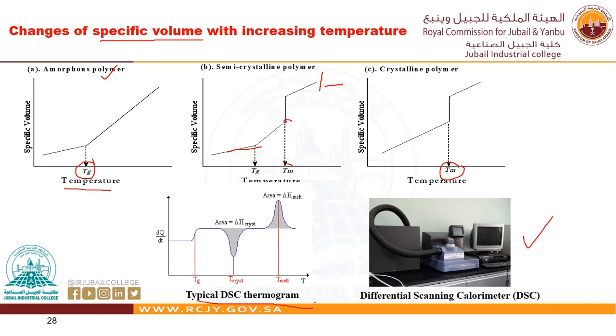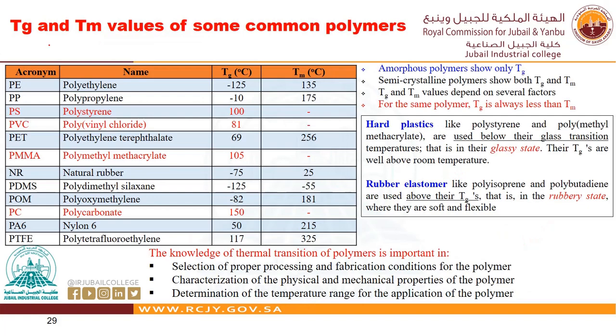Because of time, I may not be able to go into details, but in general, the Tg and Tm values of the common polymers are provided here. The polymers that are semicrystalline will have Tg and Tm. For example, polyethylene will have Tg and Tm. And when you look at polystyrene, the ones in red, polystyrene, polyvinyl chloride, polycarbonate, and polymethyl methacrylate only have Tg, no Tm, because they are